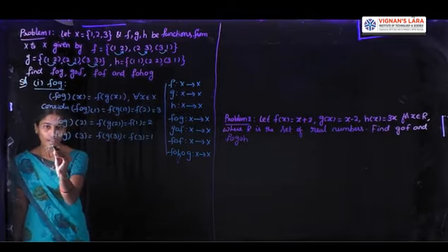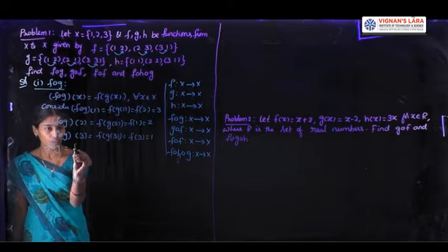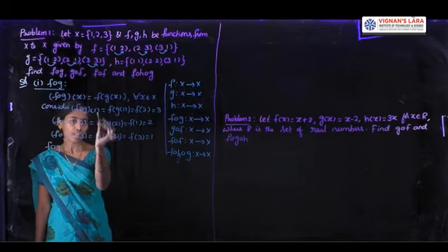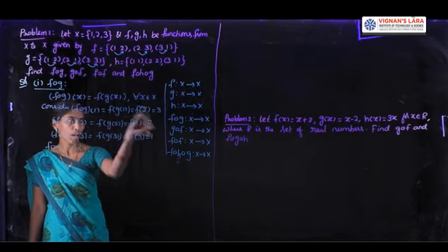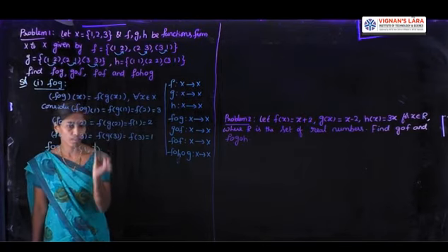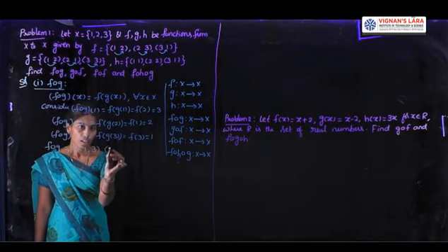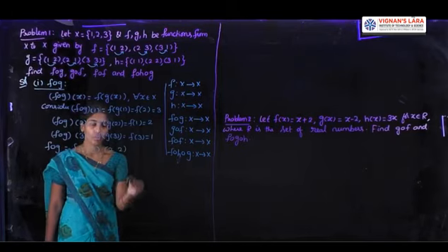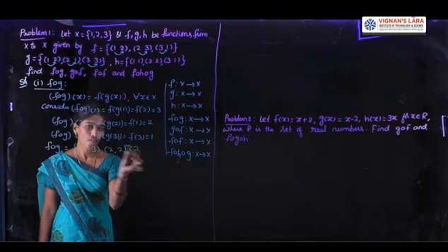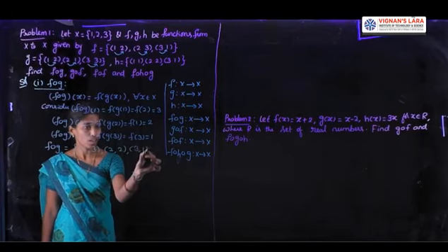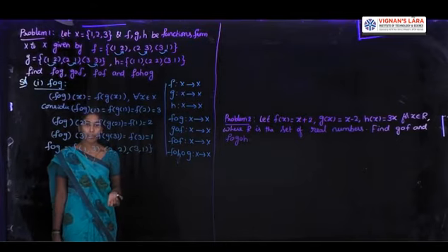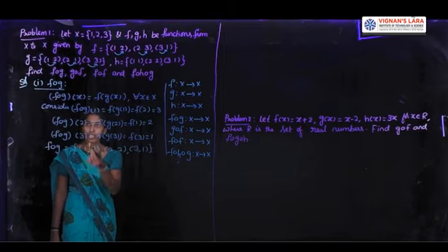Now we write F circle G is equal to the set of all ordered pairs. F circle G of 1 is mapped to which element? We get 3. Next, F circle G of 2 is 2. So 2 comma 2. Then F circle G of 3 is mapped to 1. This is the way to calculate the composition of functions. Here the first one is completed.